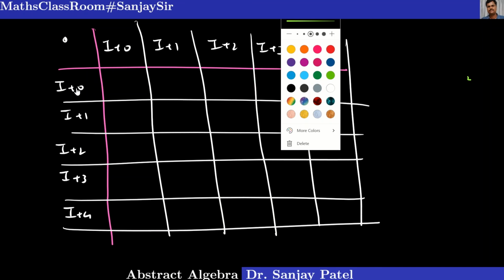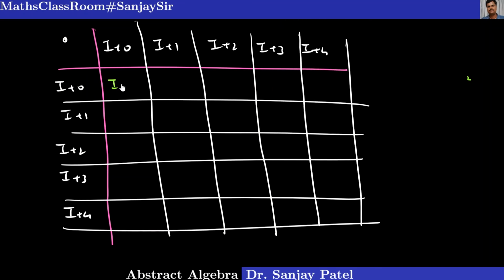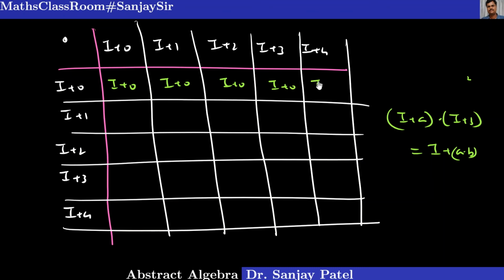So I plus 0 into I plus 0 is I plus 0, 0 into 0, because you know the definition of multiplication of two cosets is given by A plus I into B plus I, so you just have to multiply the leaders. So 0 into 1, here everywhere you will get I plus 0. Okay. Remember, we don't have to prove that it is a group. I am just showing you how to find all values for the operation of multiplication. And you also want to check something more in this case.